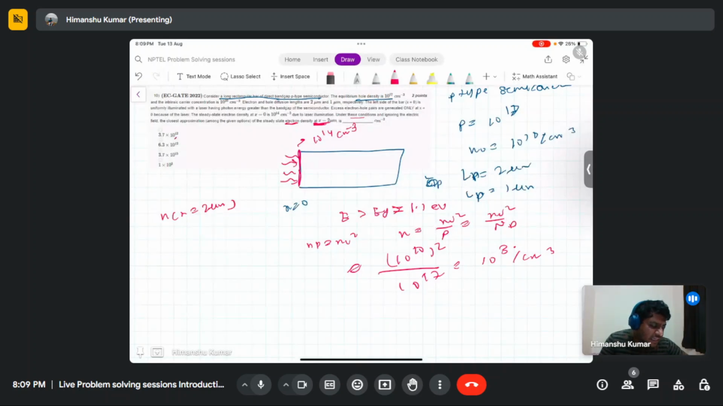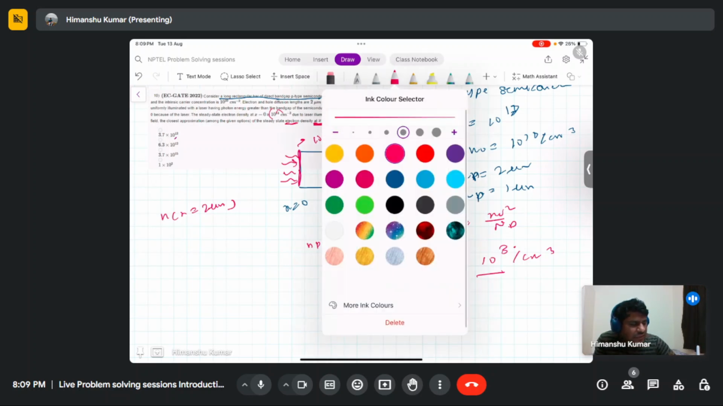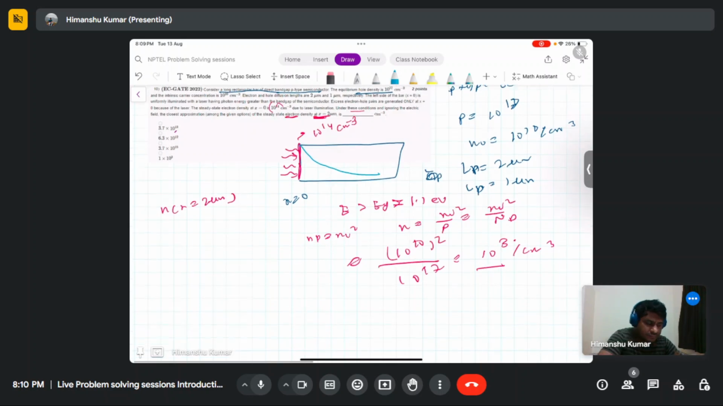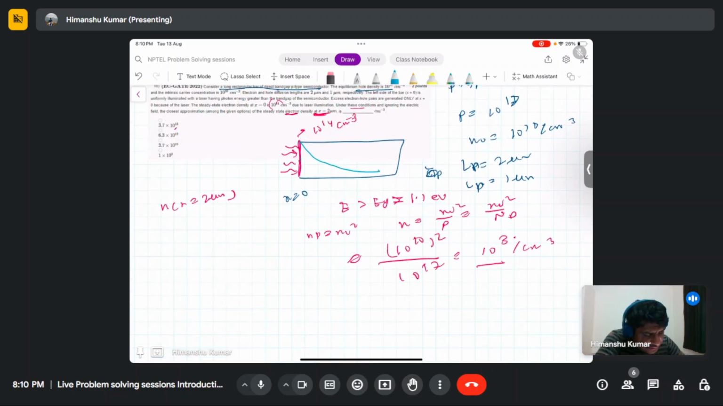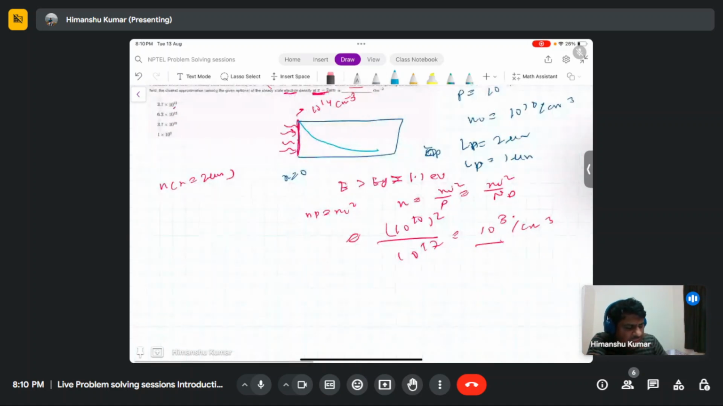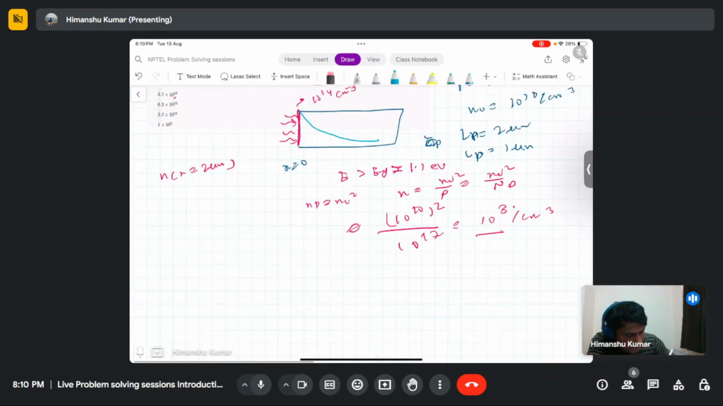Now, because of the laser illumination, 10 power 14 electrons per centimeter cube are generated, and as they diffuse inside the semiconductor, they get recombined and follow this kind of profile if this piece of semiconductor is long. The profile which we have solved in class, the steady state electron density, is given as delta n at 0 times exponential of minus x by Ln plus